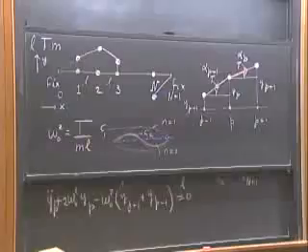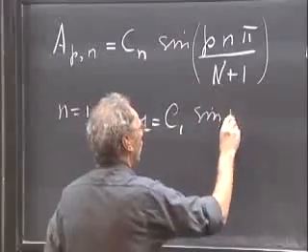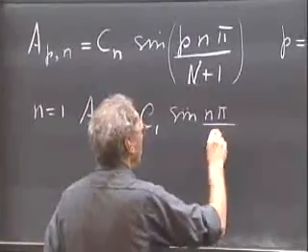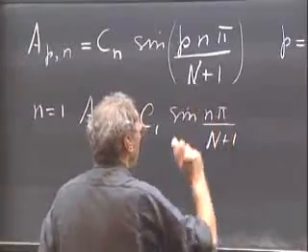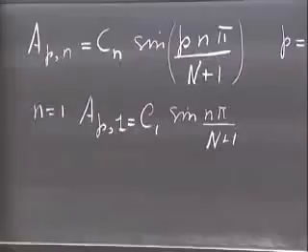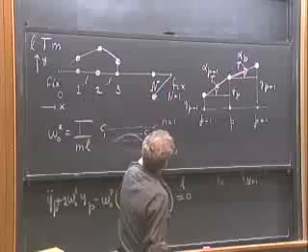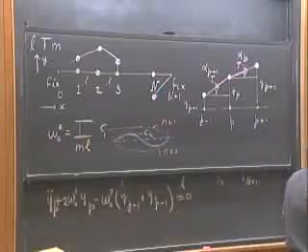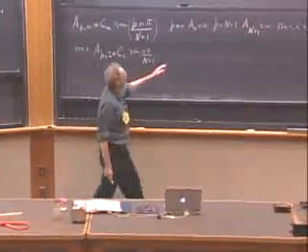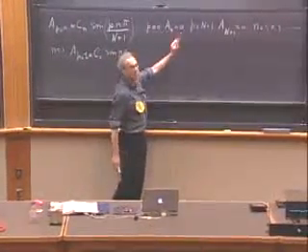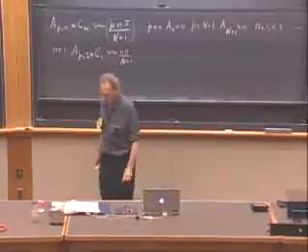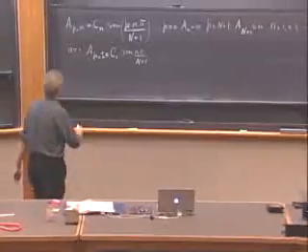And then you would have the sine of p pi divided by n plus 1. And you can indeed convince yourself that that is exactly this sinusoid with an amplitude C1. And you can also convince yourself that particle 0 is 0, and particle n plus 1 is again 0, of course. And if you take n equals 2,